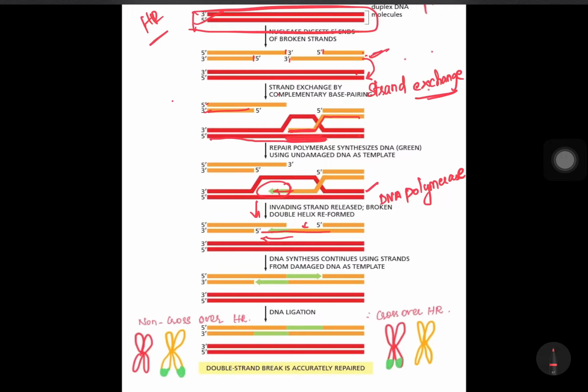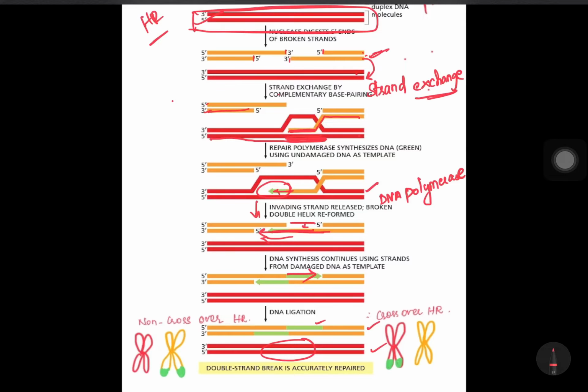So once one strand has been initiated and elongated, based on this sequence, the other strand will elongate their sequences, and hence we will get two corrected DNA strands by using their sister chromatid as a complementary base. Since it has used the sister chromatid as a complementary base, we know that the sequence formed here is the correct sequence and there won't be any error.